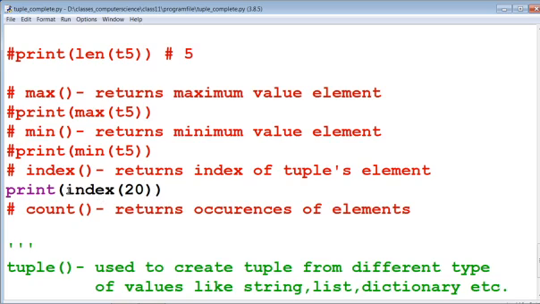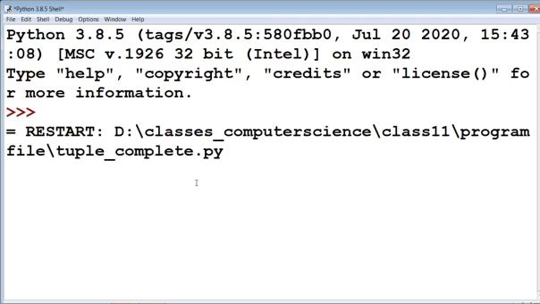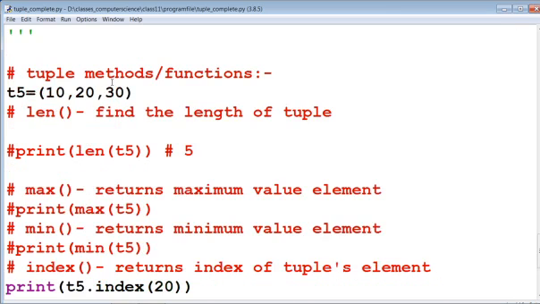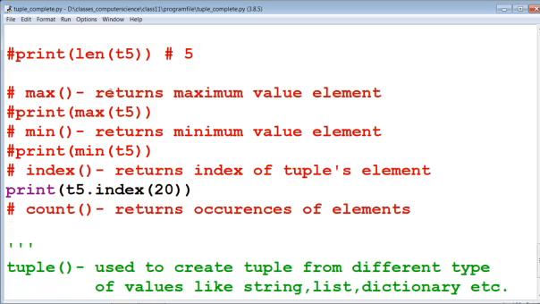Now print T5 dot index 20. Check the output for this. You can see that 1, because our 20 is at index 1. If we check the indexes, 10 is at the 0 index, 20 is at the first index, and 30 is at the second index. Now this is your index method.